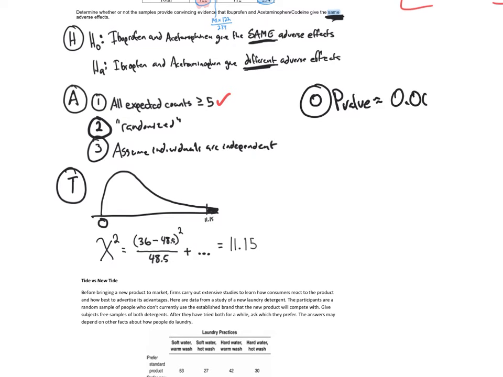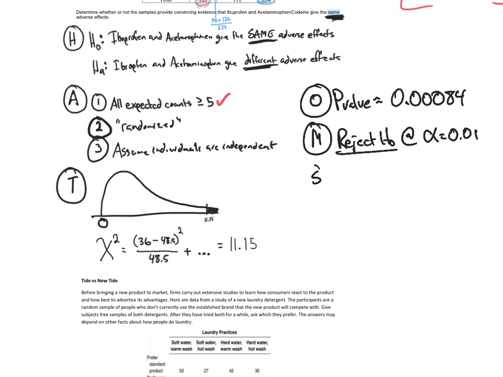It is 0.00084, which is what 8.4 times 10 to the negative 4 is, right? So it's super small. So what decision do we make? Since they did not give us an alpha value, we get to make an alpha value. So I'm going to say reject the null hypothesis at alpha equals 0.01. I like to use small alphas when my p-values are really small, because that just still means I'm going to reject. And if I can reject, then I would say we have evidence